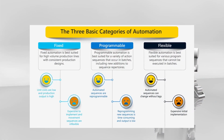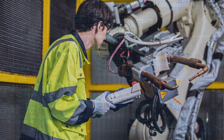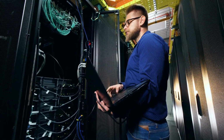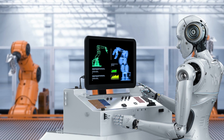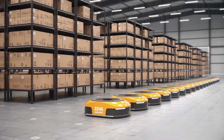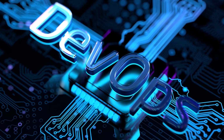There are three types of automation: programmable automation, flexible automation, fixed automation. Programmable automation. The production automation is able to manage various product combinations by using programmable automation. When using programmable automation, the operation sequence is managed by a program. This program will consist of a set of instructions, which the system will be able to understand and follow to do the required tasks. For batch production, this kind of automation enables the system to accommodate changes and variances in